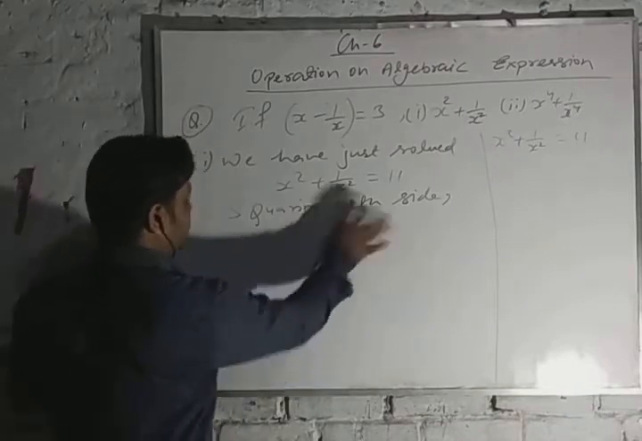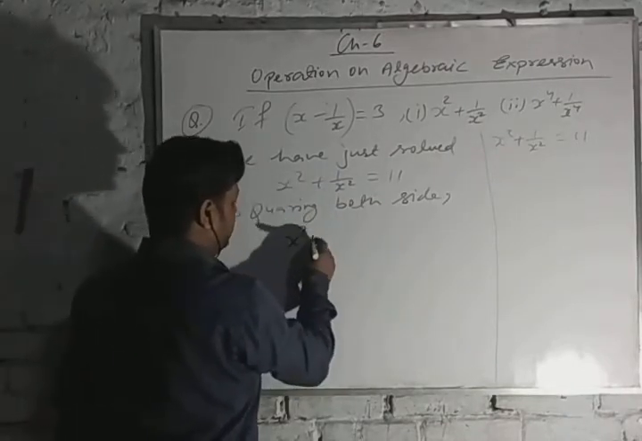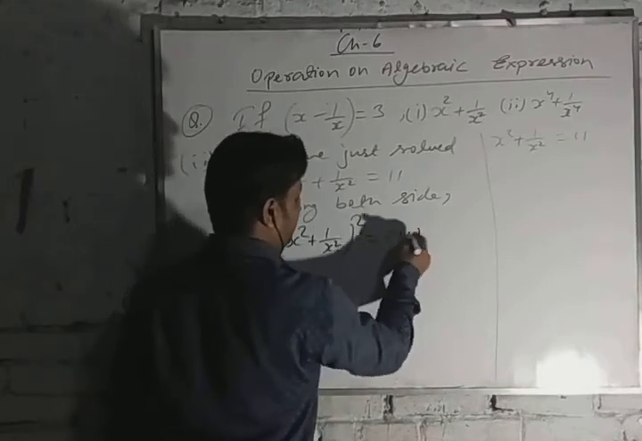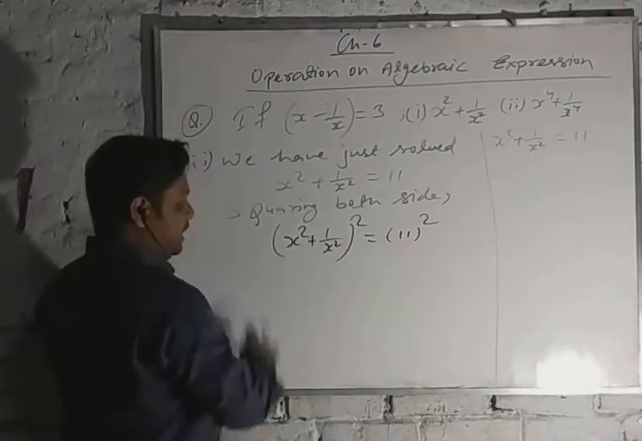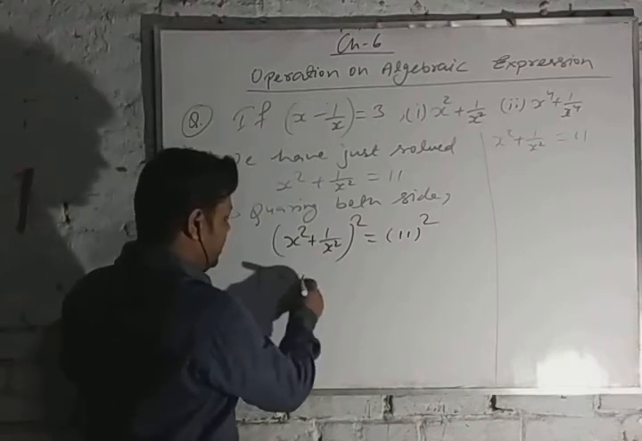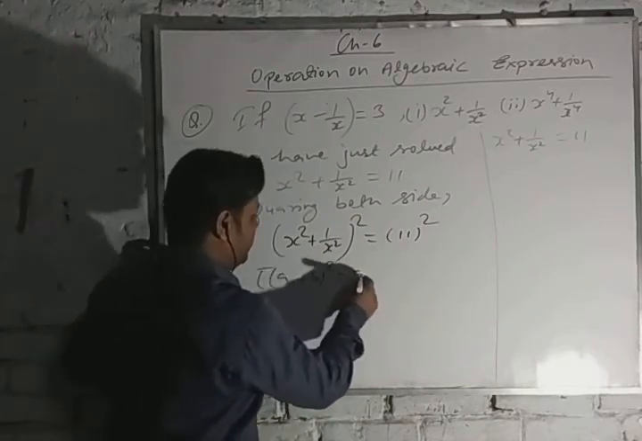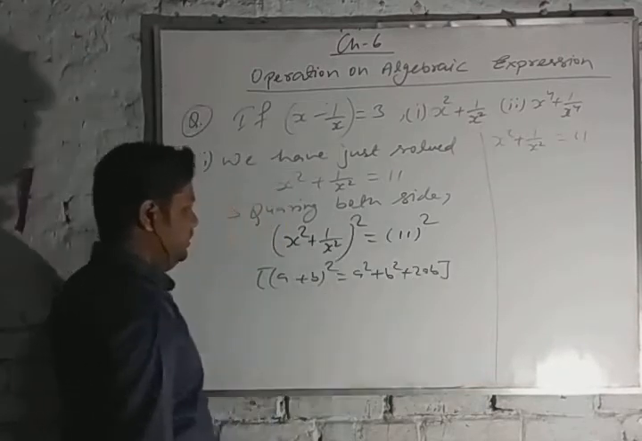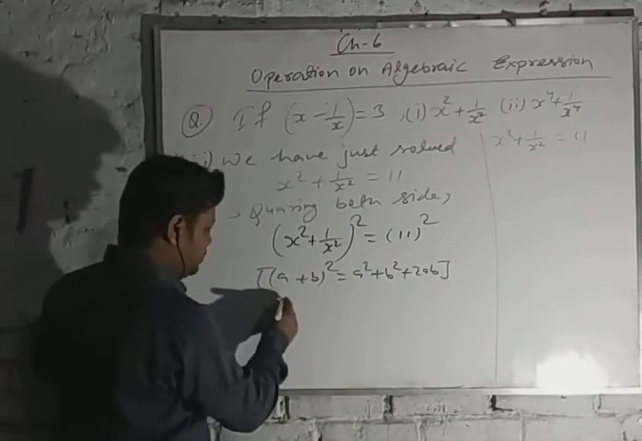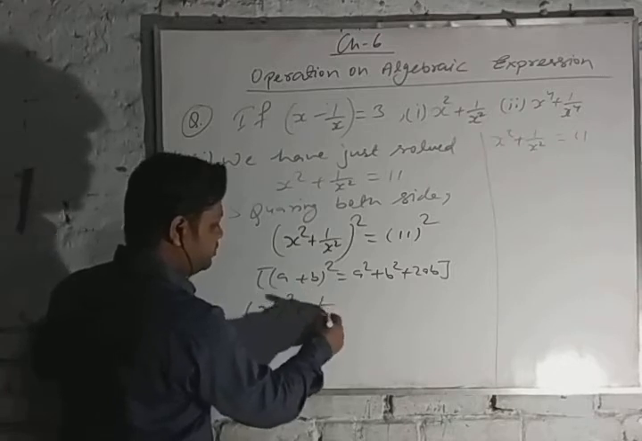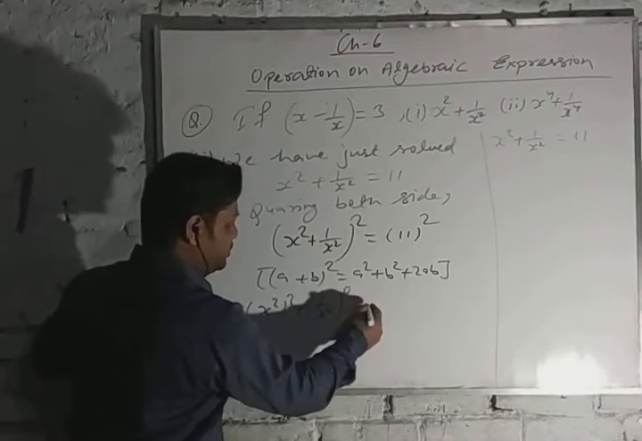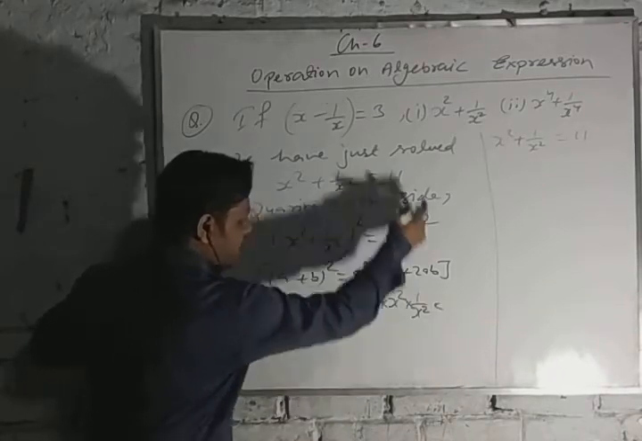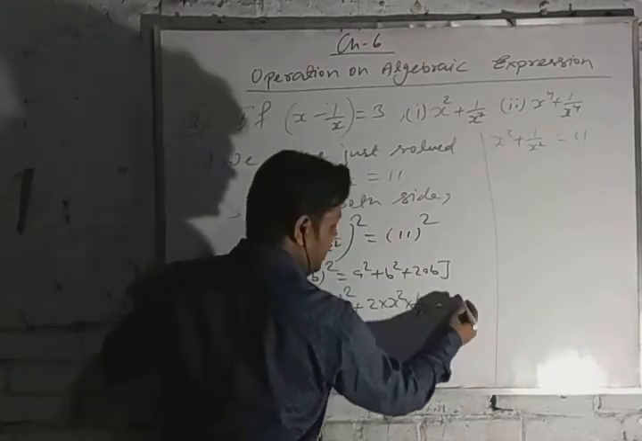Now student, squaring both sides, again we will square both terms: (x square plus 1 by x square) the whole square is equal to 11 the whole square. Now again we will apply the same formula. (a plus b) the whole square is equal to a square plus b square plus 2ab. Then it will be (x square) the square plus (1 by x square) the whole square plus 2 into x square into 1 by x square, and here in RHS 11 square is